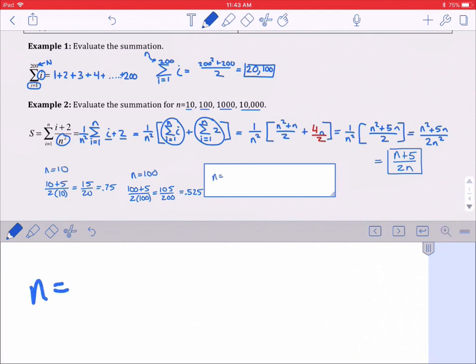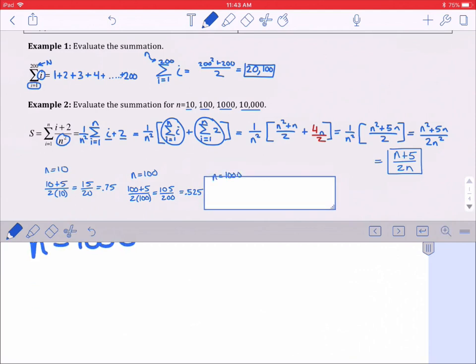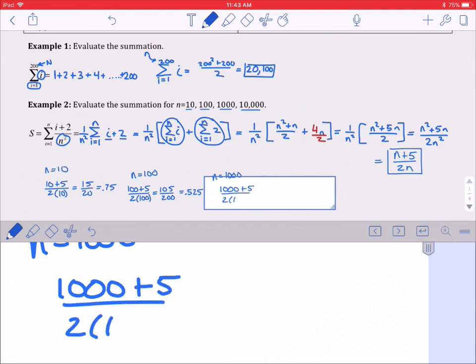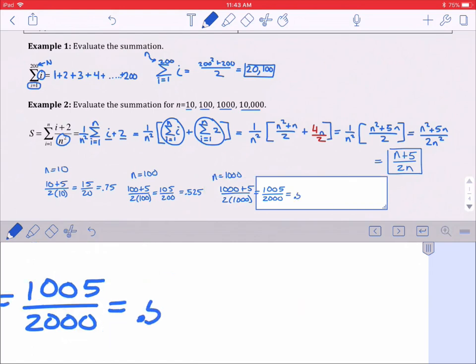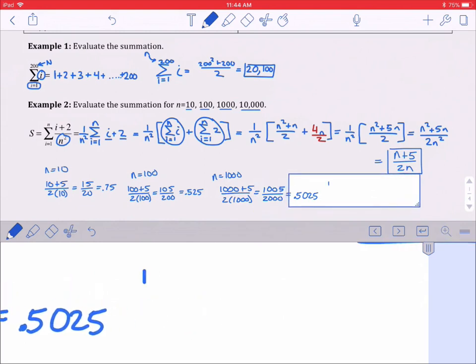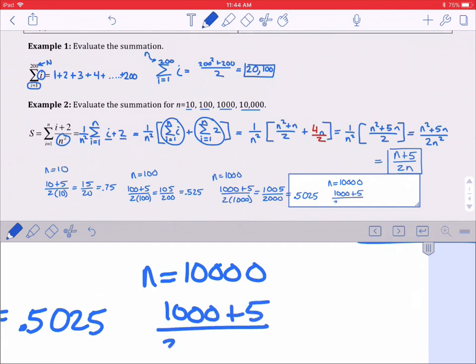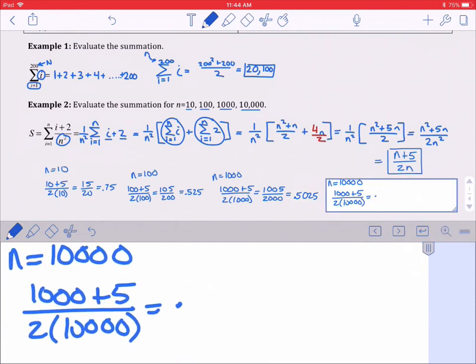If n is equal to 1,000, then we have (1,000 plus 5) over (2 times 1,000), or 1,005 over 2,000, and that's going to be 0.5025. And the last one, if n equals 10,000, we get (10,000 plus 5) over (2 times 10,000), and that equals